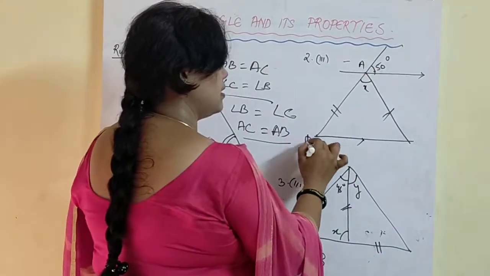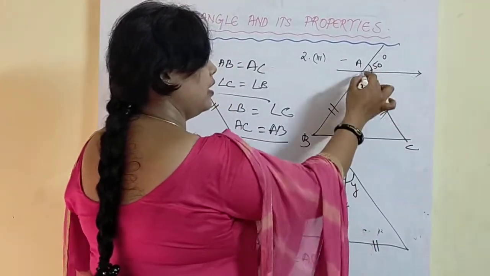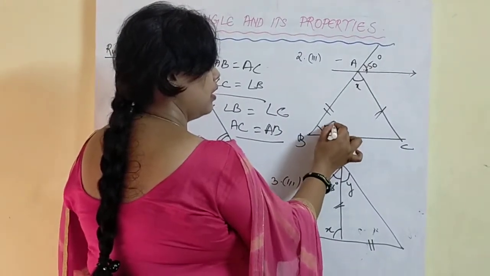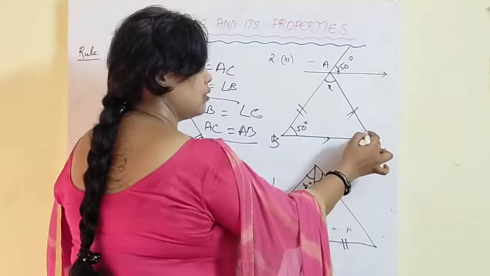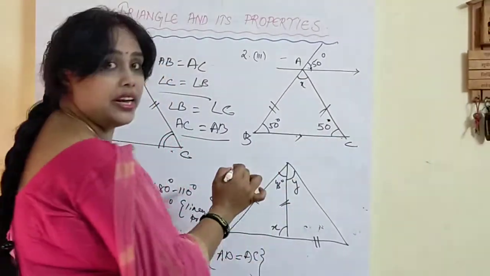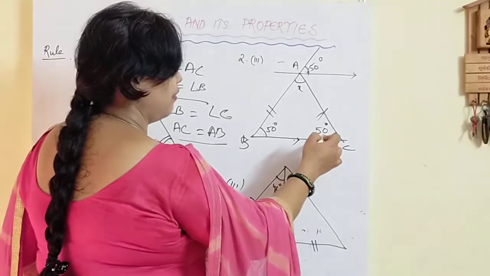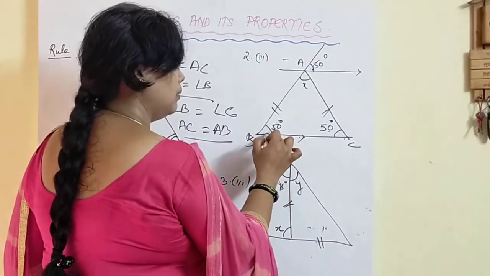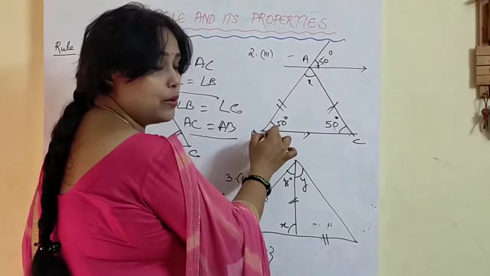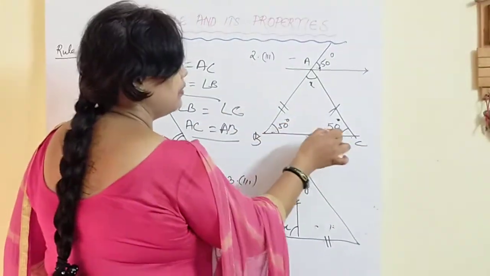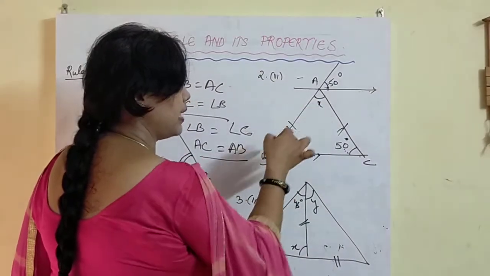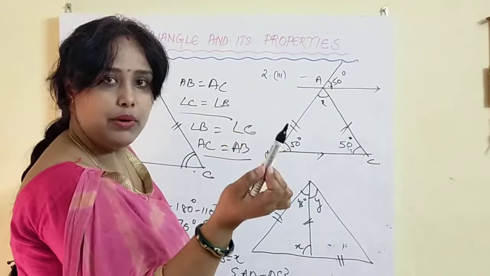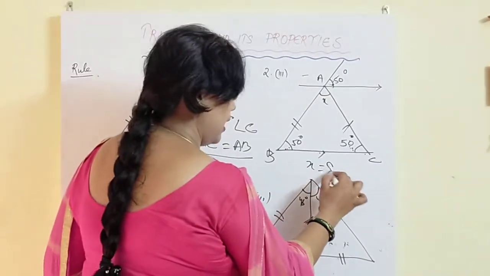Question number 2, part 3, you see here. Let's name it A, B, C. If this is 50 degrees, and this and this line are parallel, then this is also 50. As it is an isosceles triangle, this will also be 50 degrees. You have to write the reason also: corresponding angles are equal. I have given it in the assignment. And this 50 is equal to this 50 because AB is equal to AC. So 50 plus 50 plus x, 100 plus x is equal to 180 degrees. Therefore x is equal to 80 degrees.